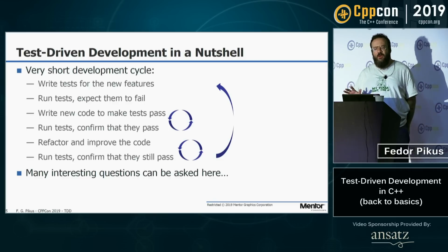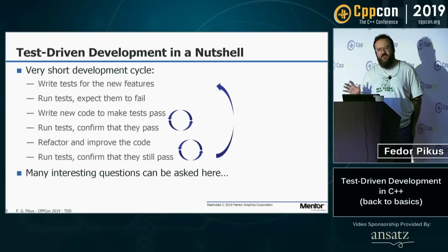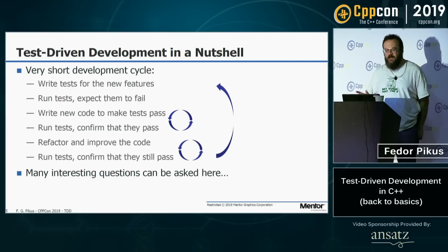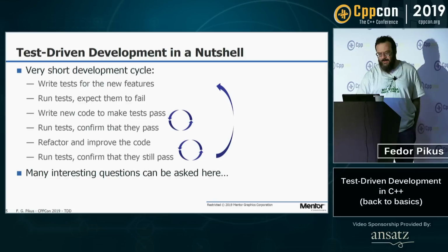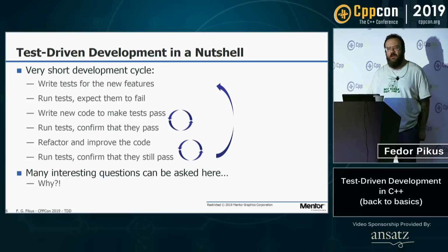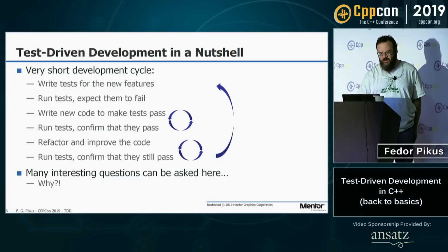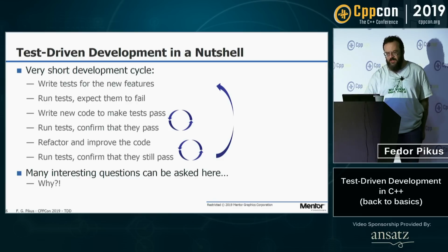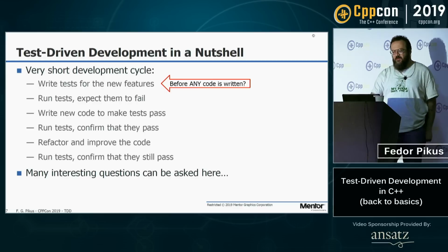The first time you write the code just to make the test pass. So it's not a very good code. Then you refactor and improve the code, and you make sure that you didn't break any test, and you iterate on that, and then you go back to the beginning to write the next feature. And there are lots of questions here. The most obvious is one, why? And well, we'll answer that during this talk and at the end of the talk, but lots of the practical questions.